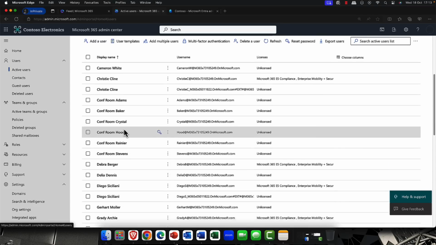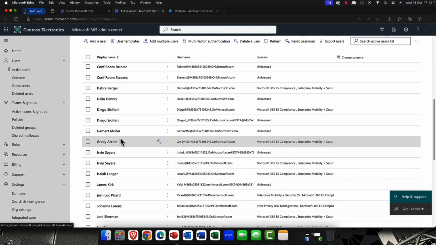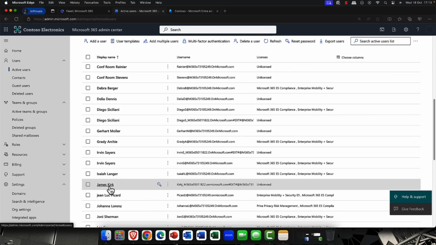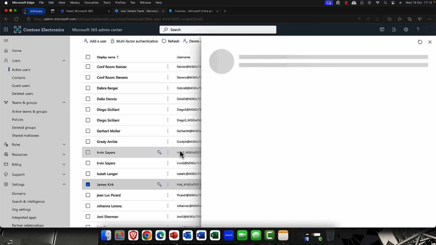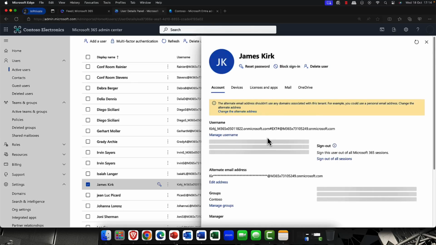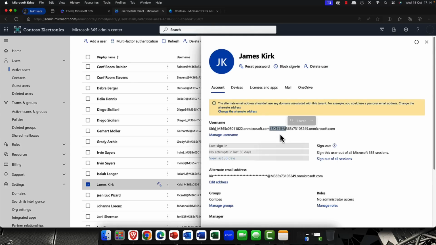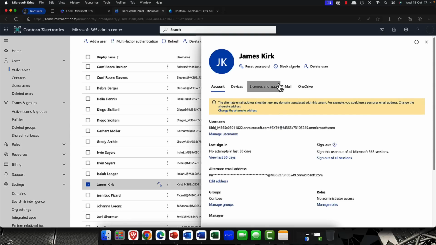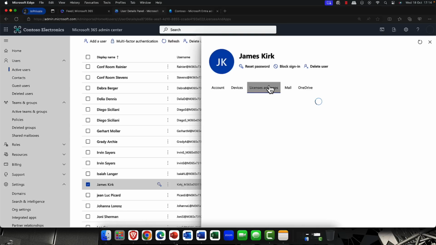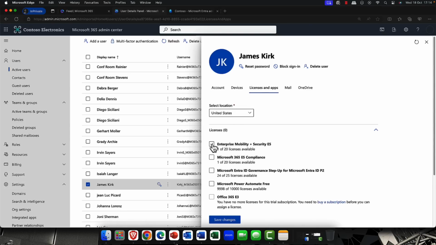Now, I'm going to come into the active users in my partner tenant. And sure enough, look, James Kirk is now listed. But you can see he's listed as an external user and he's coming from Entra ID. Now, in this case, he might not be licensed in tenant 1.